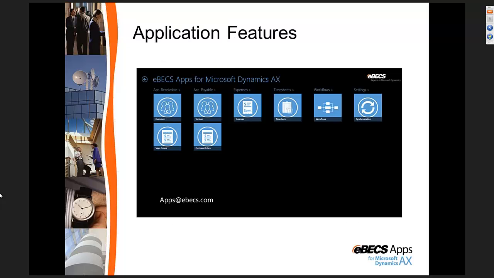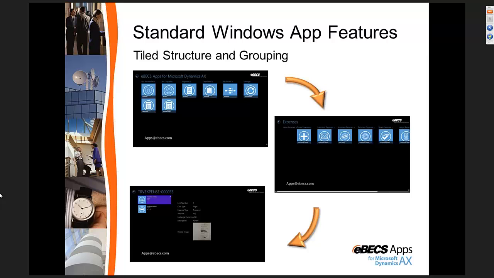So we'll just start off with a quick screenshot. We've chosen a blue color theme and you can see there that we've used the Windows 8 tile structure to allow users to find and access information that they need. The tiling structure and grouping allows for people to navigate relatively easily around the system, as well as using some of the scroll and swiping functions inherent in Windows